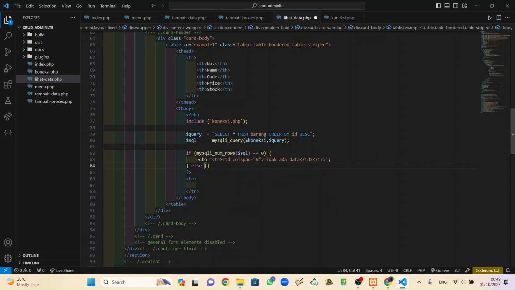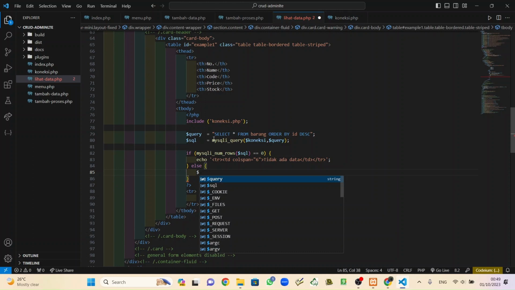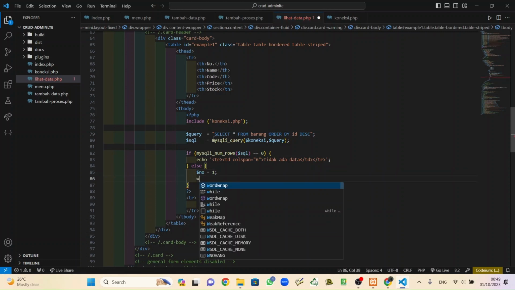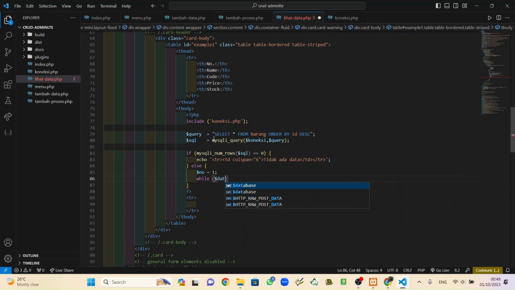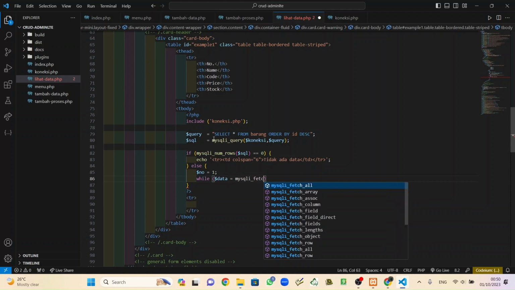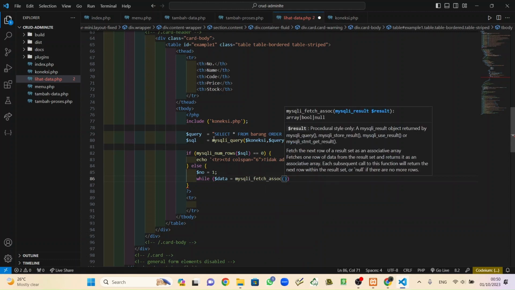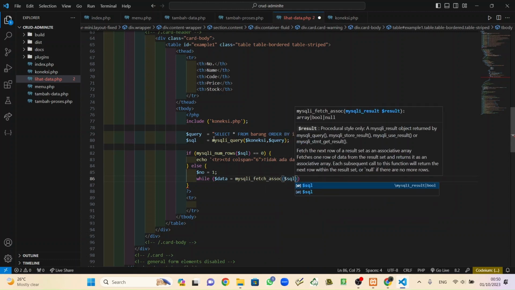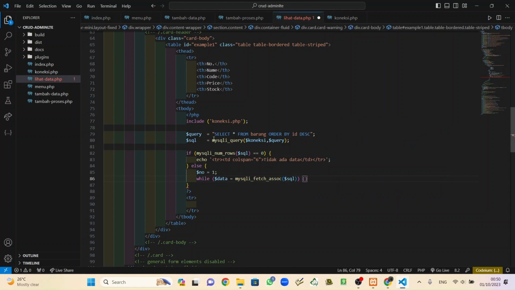So what you need to do is first name a variable, no equals one, semicolon, and do looping: while data equals mysqli_fetch_assoc of sql.